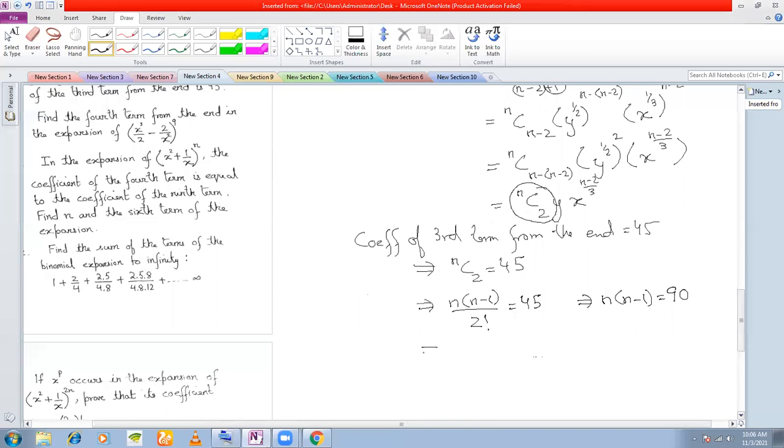Yes, sir. Tell me what is the shortcut? Sir, we will break it 10 into 9. 10 into 9, exactly. So now, n is a natural number, right? n is equal to 1, 2, 3. n cannot take negative values, neither can it take fractional values. That means obviously you can write n into n minus 1 as 10 into 9. So therefore, what are you getting here? The value of n is equal to 10.